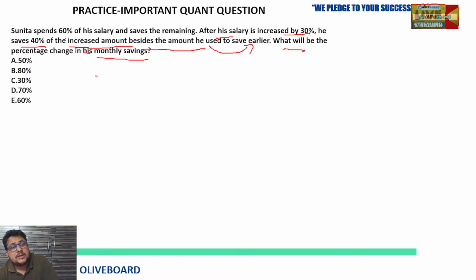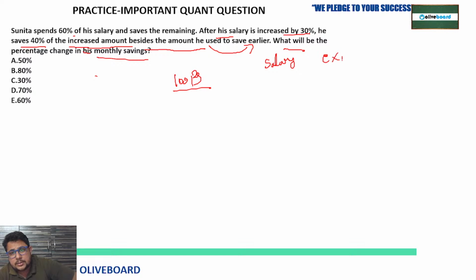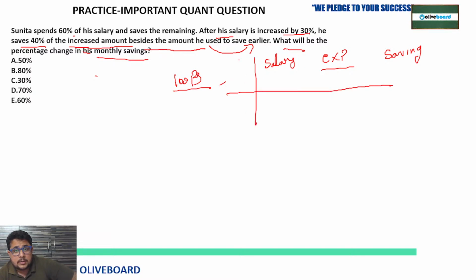See here. Sunita spends 60% of his salary and saves the remaining. So here nothing about the amount of that salary is given. So we can say 100 rupees is his salary. Okay. So I am just telling you salary. Okay. Then expenditure, you can say expenses, then saving is there. Okay. And there is what, increase after increment and before increment. So we can say, okay,